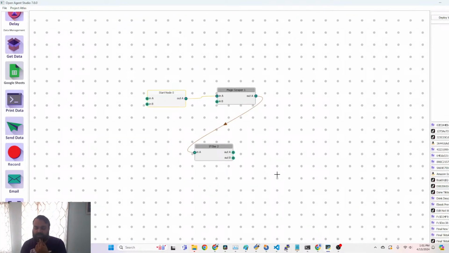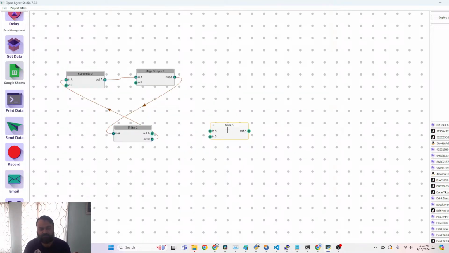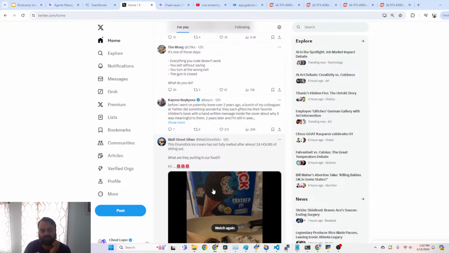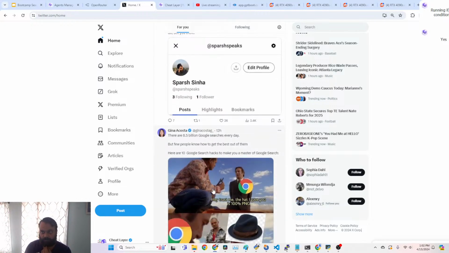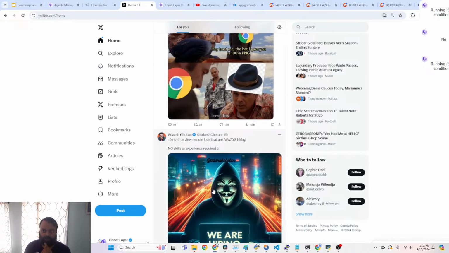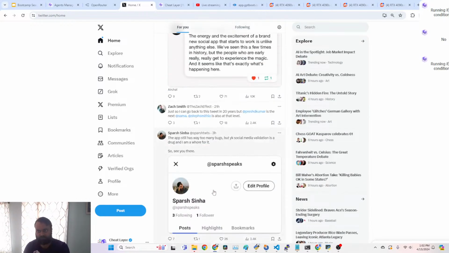All right. So once you get a yes, then what you want to do is output. Hold on, let me loop this again. You want to send the output to an email or a Google Sheet or something like that, essentially. And this allows you to build conditional-based triggers. Yes. And then yes. And then no. Okay, cool. All right, so you get the idea.